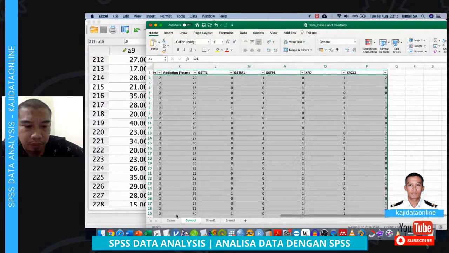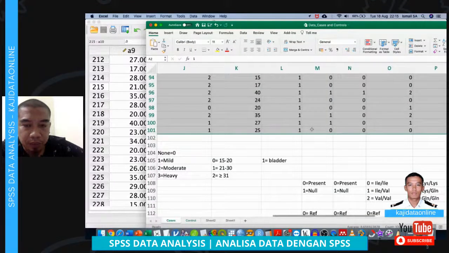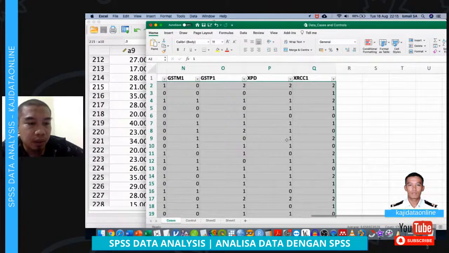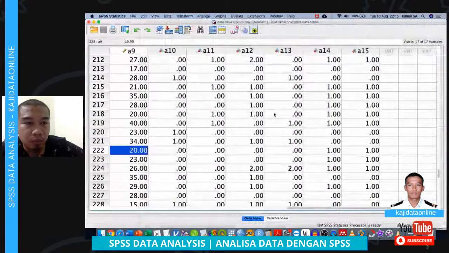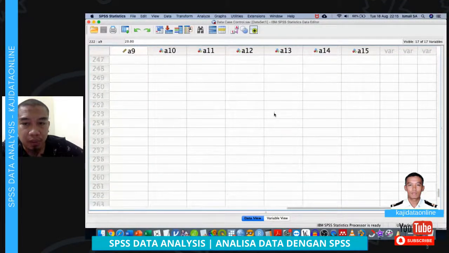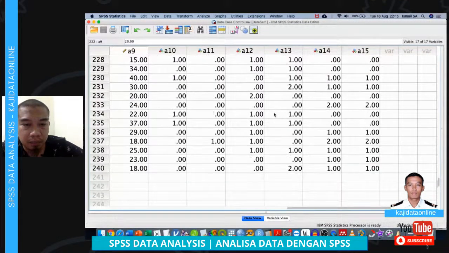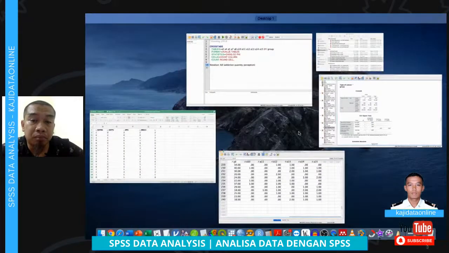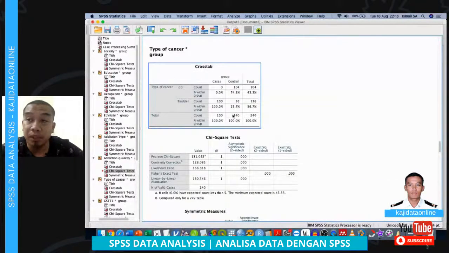Okay, we got until P, and then this one also should go until P. Oh, okay, I already got the idea. Right, so we have something to be adjusted accordingly here, because our data is arranged slightly differently. However, if you can see, this one can also be neglected, because the cancer type is recorded for all